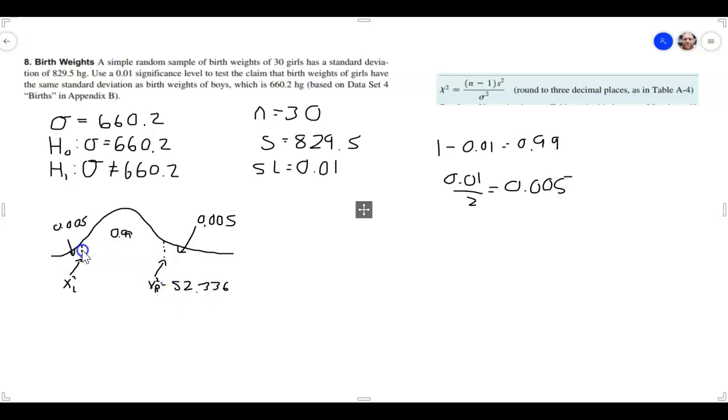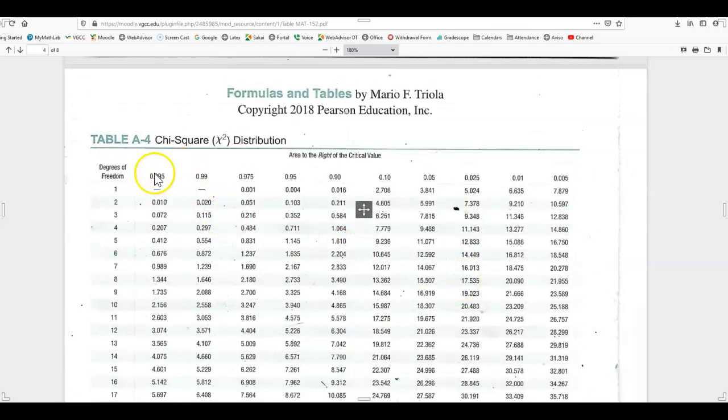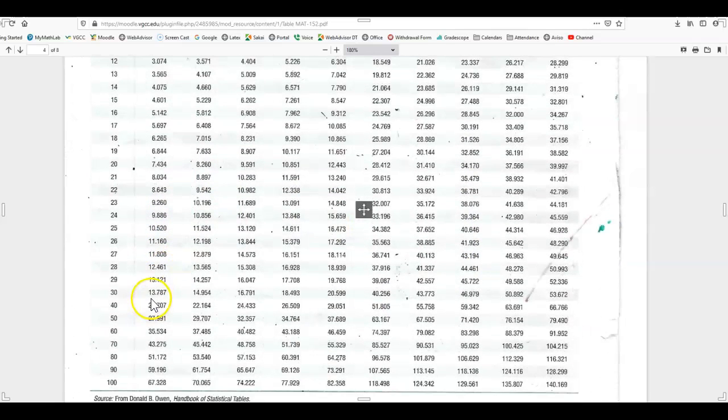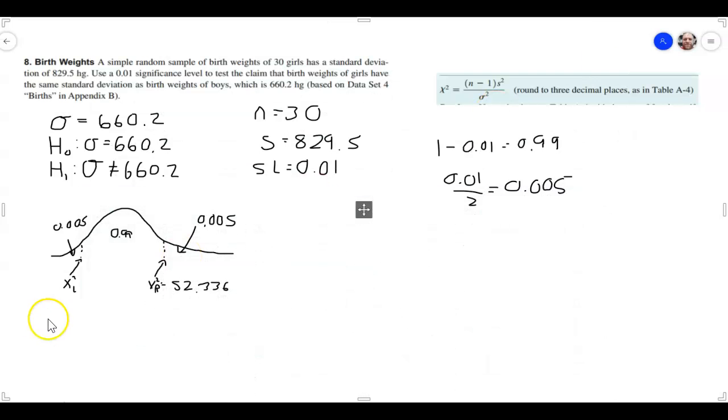And the area to the right of chi-square left, critical value, is 0.99 plus 0.005, which is going to be 0.995. So that is this column here going down to degrees of freedom 29, because it's one less than our sample size, and that's 13.121. So this one is 13.121. All right, so the only thing really left for me to do,